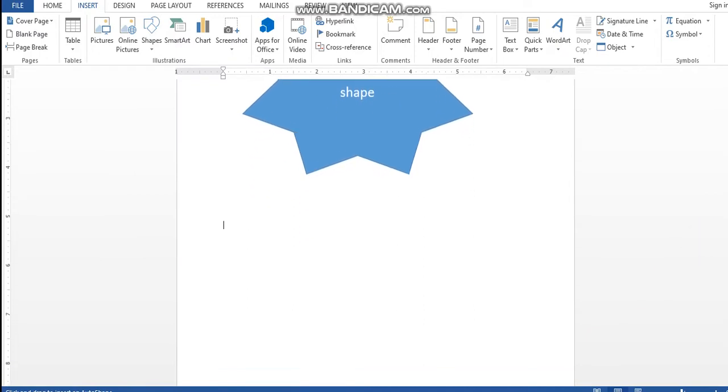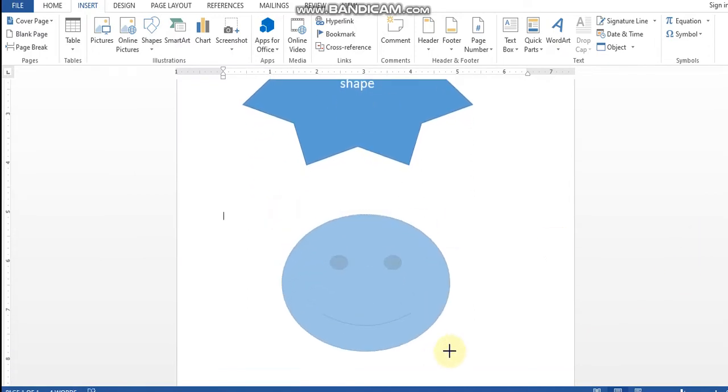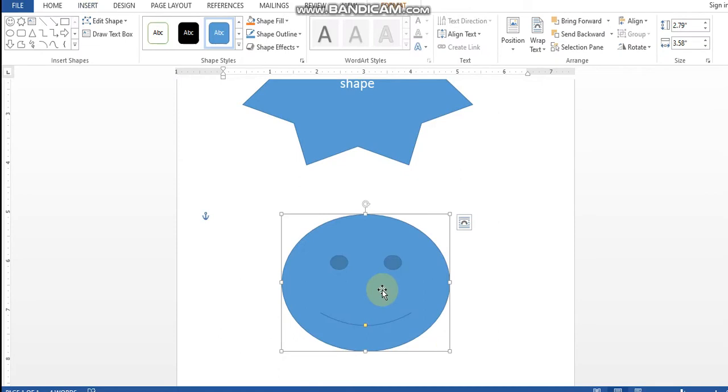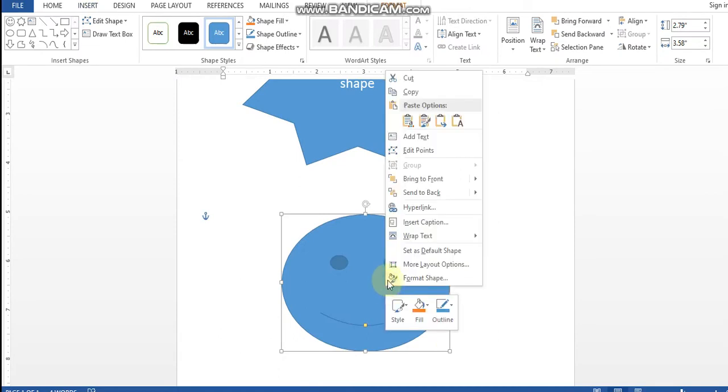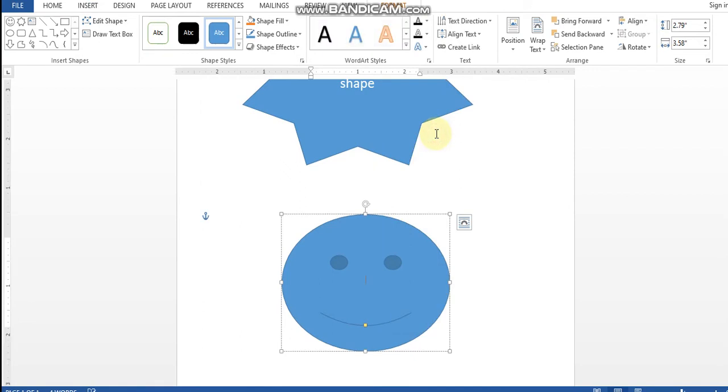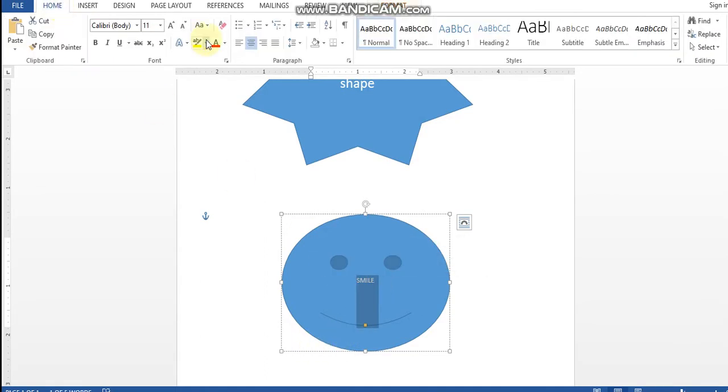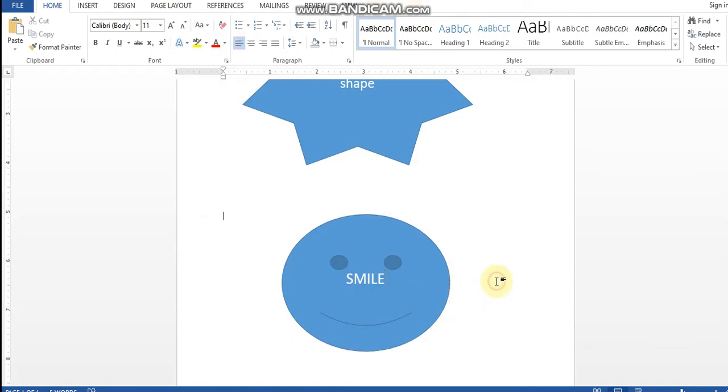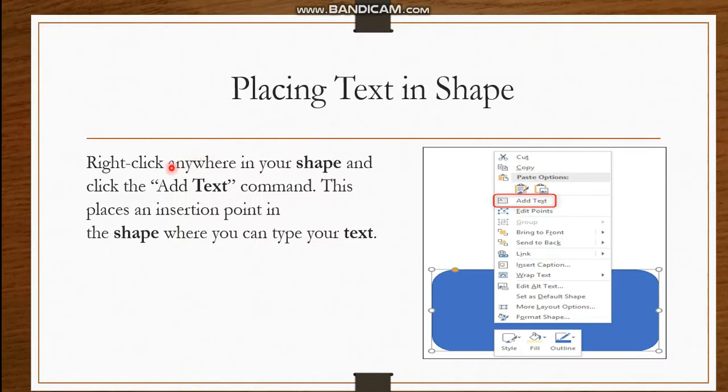Suppose here I am drawing, right? So what is the step? Right click, add text option. So the text comes here, right? Smile. So select Home, increase the size, and this way you can write the text inside a shape. So I think it is clear how to place text in your shape.